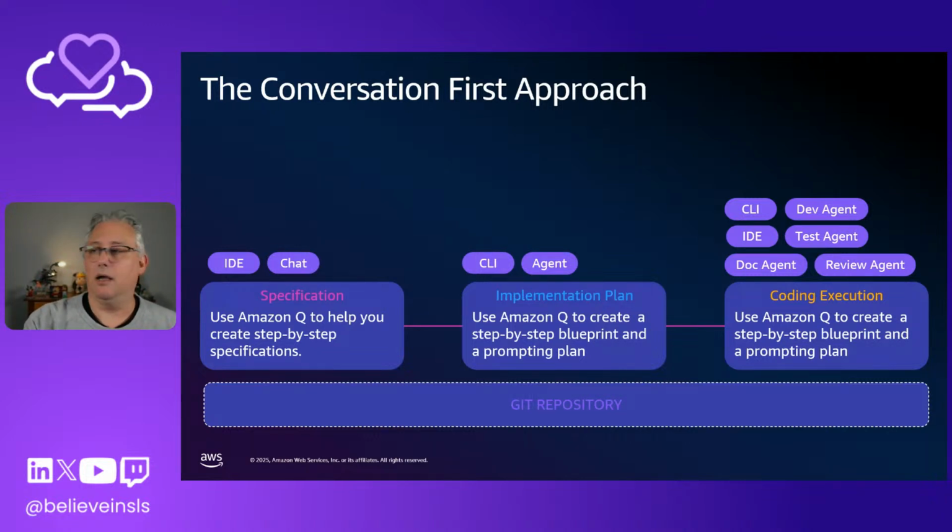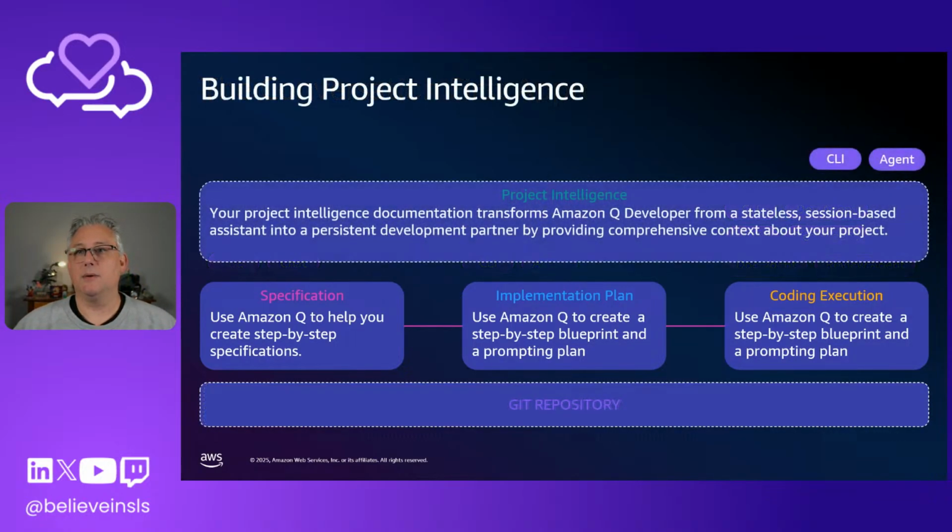And you need to start setting a regime of how you bring these things together, how you bring the code and the different documents together. So when I close down my computer and come back tomorrow, we can pick up from where we left off. And it all comes down to the context and what you're sharing with the AI. Everything to do with AI coding is about managing the context, managing the information that you're giving to your AI systems. And that's where we start to build out project intelligence, right? Once we have specifications, implementation plans, all the tasks that need to get done, and the prompts we're going to use for coding execution, we can now start getting what we call project intelligence.